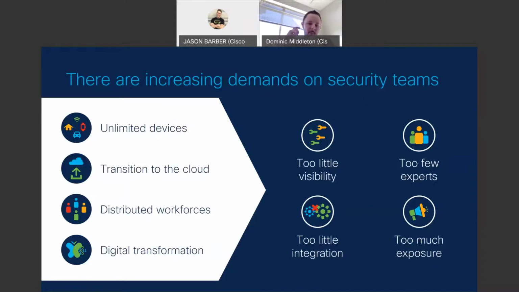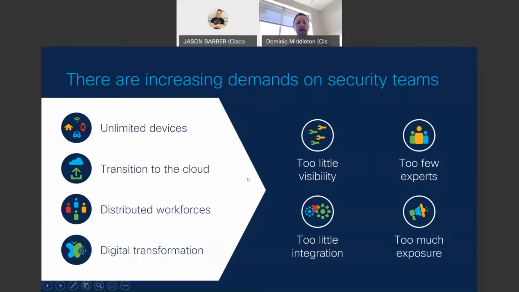So unlimited devices, Umbrella controls for that. Like I said, any port and protocol, doesn't matter what you're connecting to the Wi-Fi from. If you have Umbrella running on your work laptop like I do here, if somebody hacks into my house through my Nest thermometer, they won't be able to get into my Umbrella or my laptop because Umbrella is protecting me there at the DNS layer, okay? So unlimited devices is a huge topic of conversation. What are you doing to mitigate some of those risks and variables?